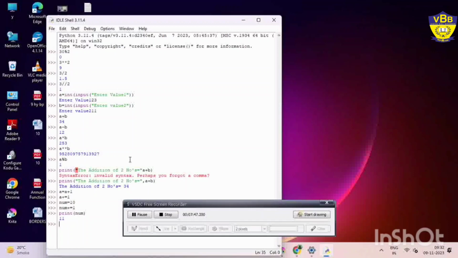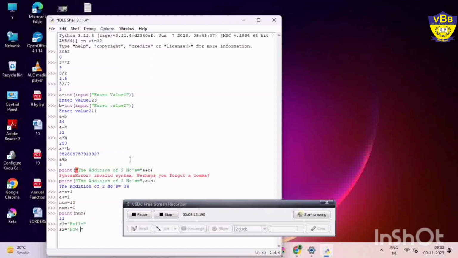Next is string operator. String operators represent different types of operations that can be employed on string type variables. Now what are the string operators? Plus and into. Plus is used for concatenation. Suppose that S1 is equal to hello, S2 is equal to how are you.